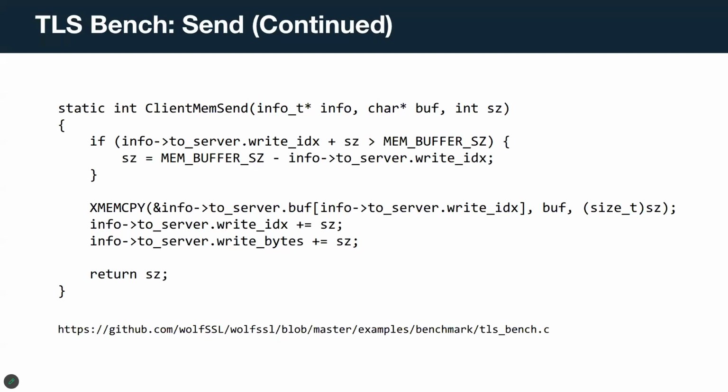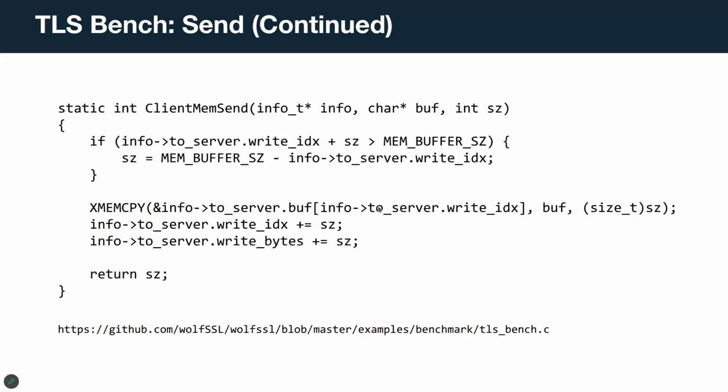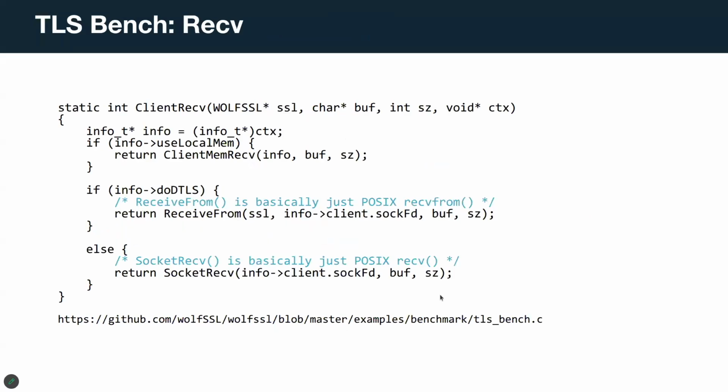Yeah, and the info T is, of course, the context here that is passed in before. So that's the send buffer. That's the send callback. Now, on the same TLS benchmarking app, there is a receive. So the client receive is relatively straightforward. It's either using a mem receive, which we'll get into in a moment, or similarly to the send callback,